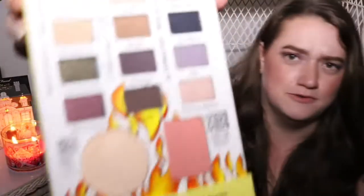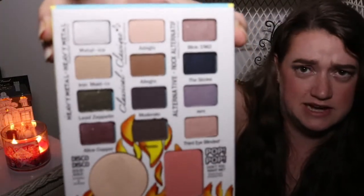And then this is the full-on palette. I'm not going to swatch all those shades because, guys, we're not going to ever get through this video if I swatched every single eyeshadow shade. This is not that, but just so you can see some of it. So I am excited about the highlighter that is in here, and this is...